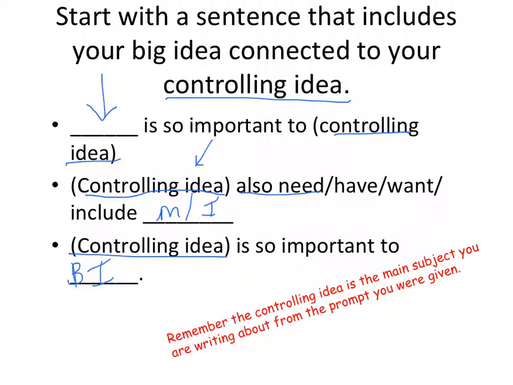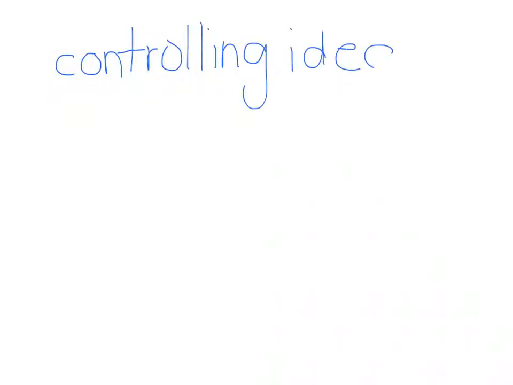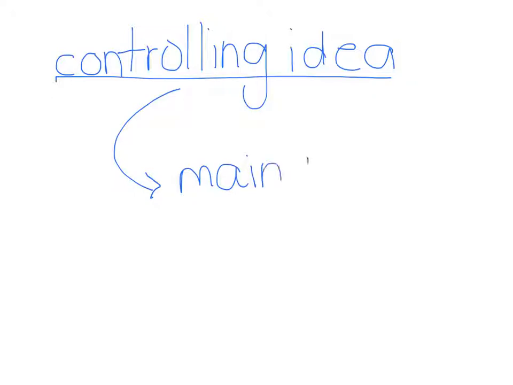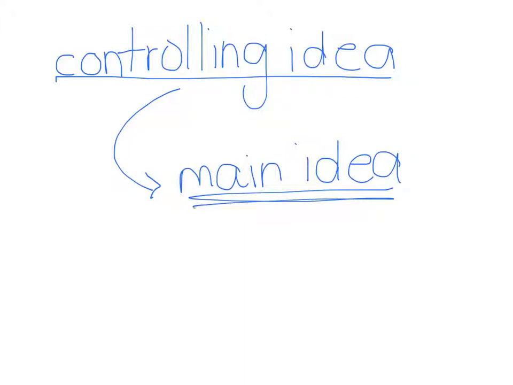So now what I'd like for you to do is pause the video. Hold on a minute, not yet. You're going to pause the video in a minute, and you're going to think about how you can include your controlling idea. And remember, that is the big focus, changing Earth. And how that ties in to your main idea. If you can only think of a sentence that includes the main idea focus of this paragraph, use it.